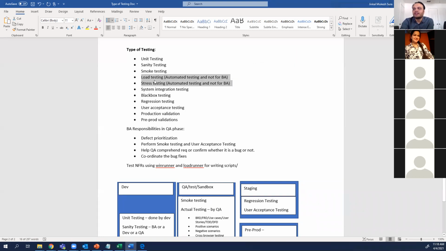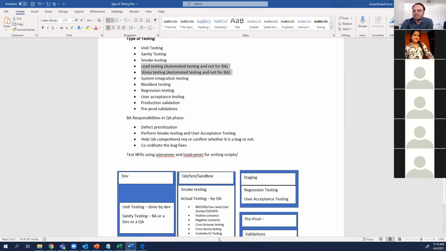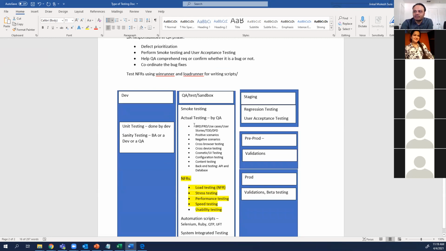क्योंकि ये लंबा प्रोसेस है। इसकी स्क्रिप्ट लिखने में कम से कम 1 महीना लगता है और टेस्टिंग करने में एडिशनल 2 वीक्स मान लो, तो 5 या 6 वीक का एडिशनल टाइम बेक इन करना पड़ता है। ये लोड और स्ट्रेस टेस्टिंग, जब तुम्हारा एक्चुअल क्यूए वाला काम चल रहा है तब क्यूए इंजीनियर्स, क्वालिटी इंजीनियर्स, यहाँ पे 2 टेस्टिंग होती हैं, मैन्युअल टेस्टिंग और क्वालिटी इंजीनियर्स। क्वालिटी इंजीनियर्स ये टेस्टिंग करेंगे और तुम ये टेस्टिंग कर रहे हो।